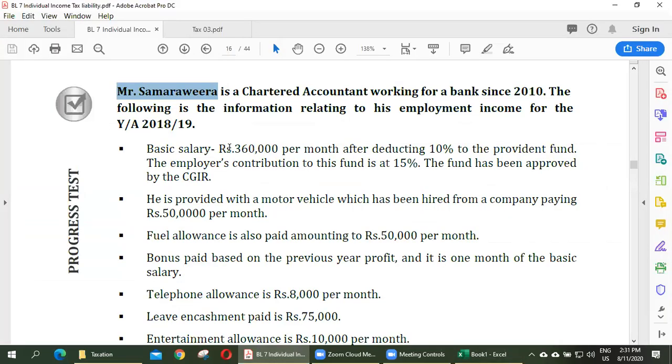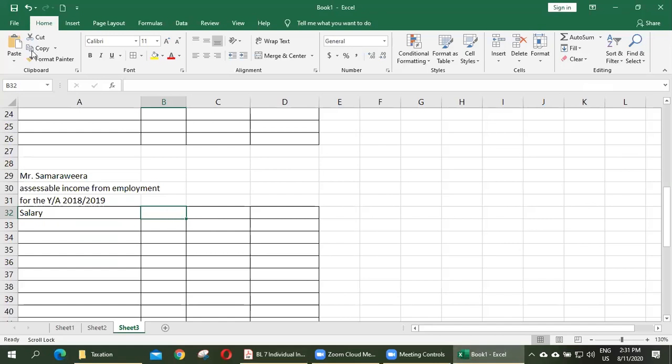Basic salary is 360,000 per month after deducting 10% to the provident fund. So after deducting, this 360,000 equals 90%, right? Then we will take 100% divided by 0.9 and we'll get 400,000. This 400,000 per month,